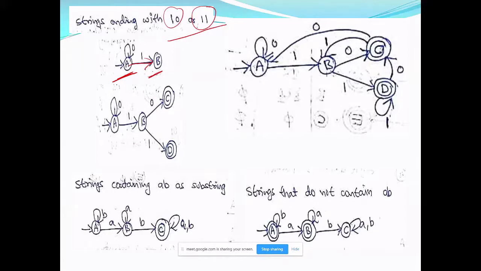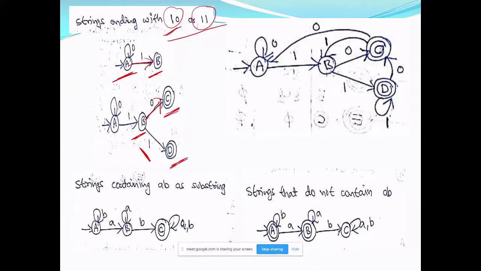Next, after having 1 1, there are two possibilities for you. You can get 0 or you can get 1. If it is 0, then I have to remember because it ends with 1 0. If it is 1 1, then I have to remember. So I am coming to D. I am now making two final strings because one of the strings will end with 1 0 or it can end with 1 1. Now you have to specify the transitions for C and D. Now let us go for C transitions.